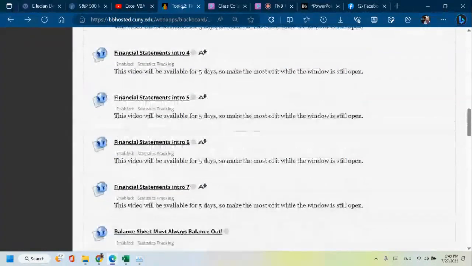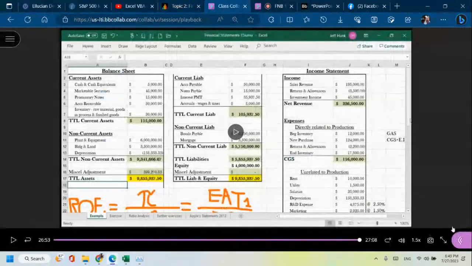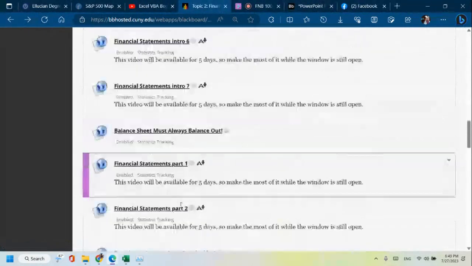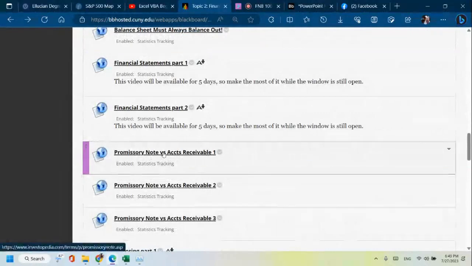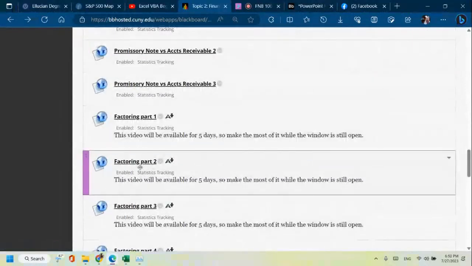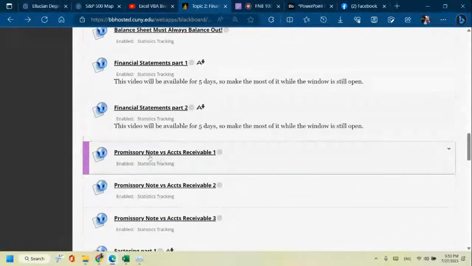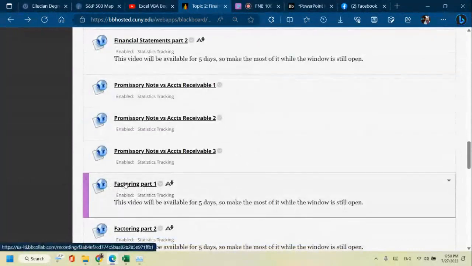So, any questions so far? Okay, I'll take it as no. But just to make sure, we're going to go into factoring, because factoring is quite important to understand how promissory notes work. So let's go into